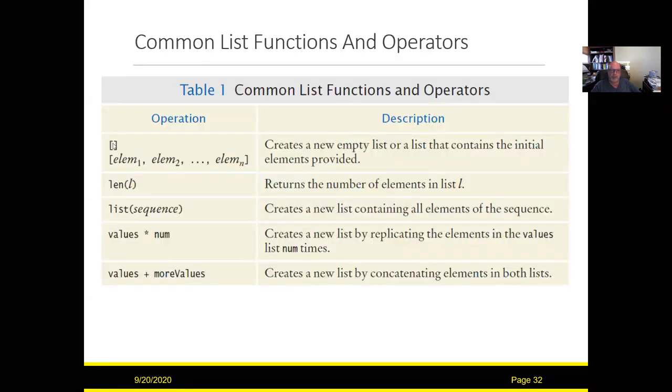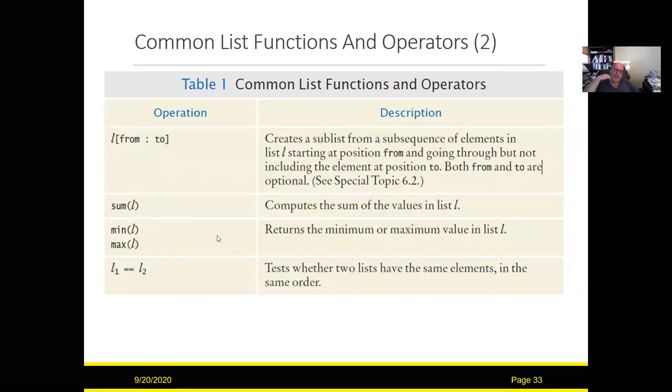So we can create a new empty list. We can use the len to find the length. We can use the word list to make a copy of our list. We can have multiplication to create replicating. We can add two lists together. We can have slicing. We can have a function sum, mean, max, and